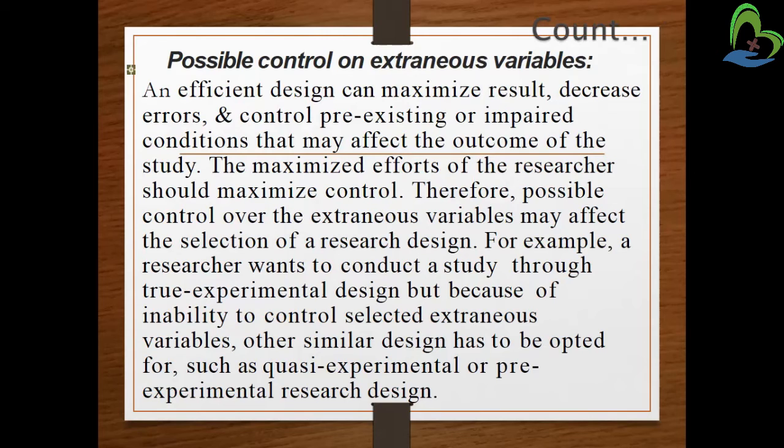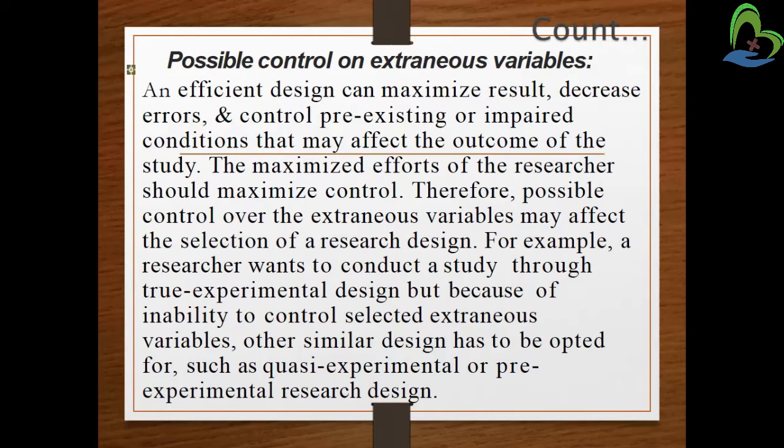Because sometimes I am having an online class session, but my extraneous variable means there is a lot of noise outside, and I'm not having a proper sitting arrangement, so the noise is interrupting my class, or maybe there is no availability of Wi-Fi. In that case, it is the extraneous variable that is interrupting my sessions. So if I want to find out how effective the online sessions are, I have to rule out the errors that are pre-existing and impairing my study.